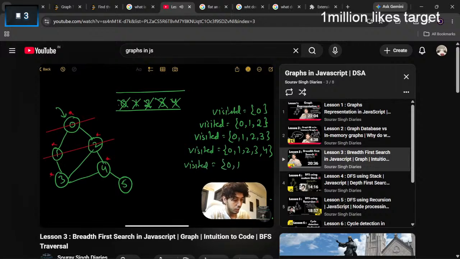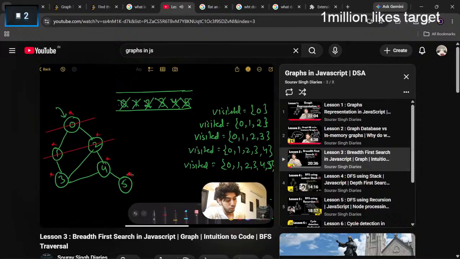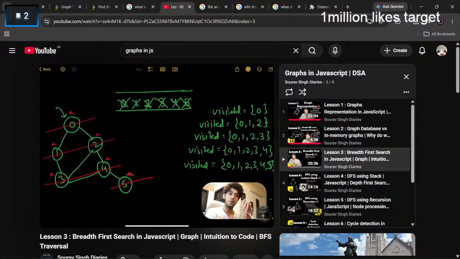5 को हमने विजिट किया। ठीक है, विजिट जब भी होता है कोई भी चीज़ तो क्या होता है, उसे क्यू में रखना पड़ता है, क्यू में रख दो। ओके, ये हो गया विजिट। अब वापस हम सेम चीज़ करेंगे, राइट। अब हम जाएंगे और क्यू में वापस देखेंगे, 5 को पॉप किया, कुछ भी नहीं है। जिस मोमेंट पे क्यू खाली हो चुका है, दैट इज द मोमेंट व्हेन योर बीएफएस एंड्स। तो देख रहे हो, हम लेवल बाय लेवल में ही नोड्स को विजिट किए हैं उसी ऑर्डर में, जस्ट बिकॉज वी यूज द क्यू। ओके, अब हम इसको जाके कोड में ट्रांसफॉर्म करेंगे, बेसिकली जो भी हमने किया है।